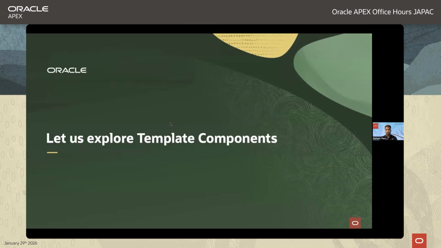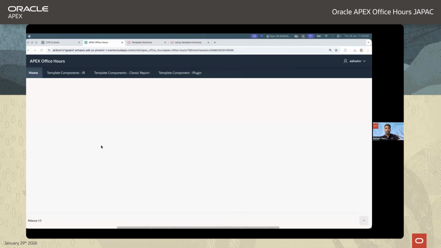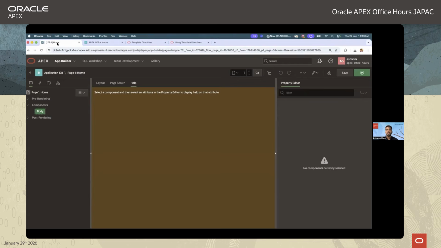Okay, so enough of slides. Let us go ahead and try to explore practically how we can create new template components and leverage it, right? All right. I already have an application. So the first thing is